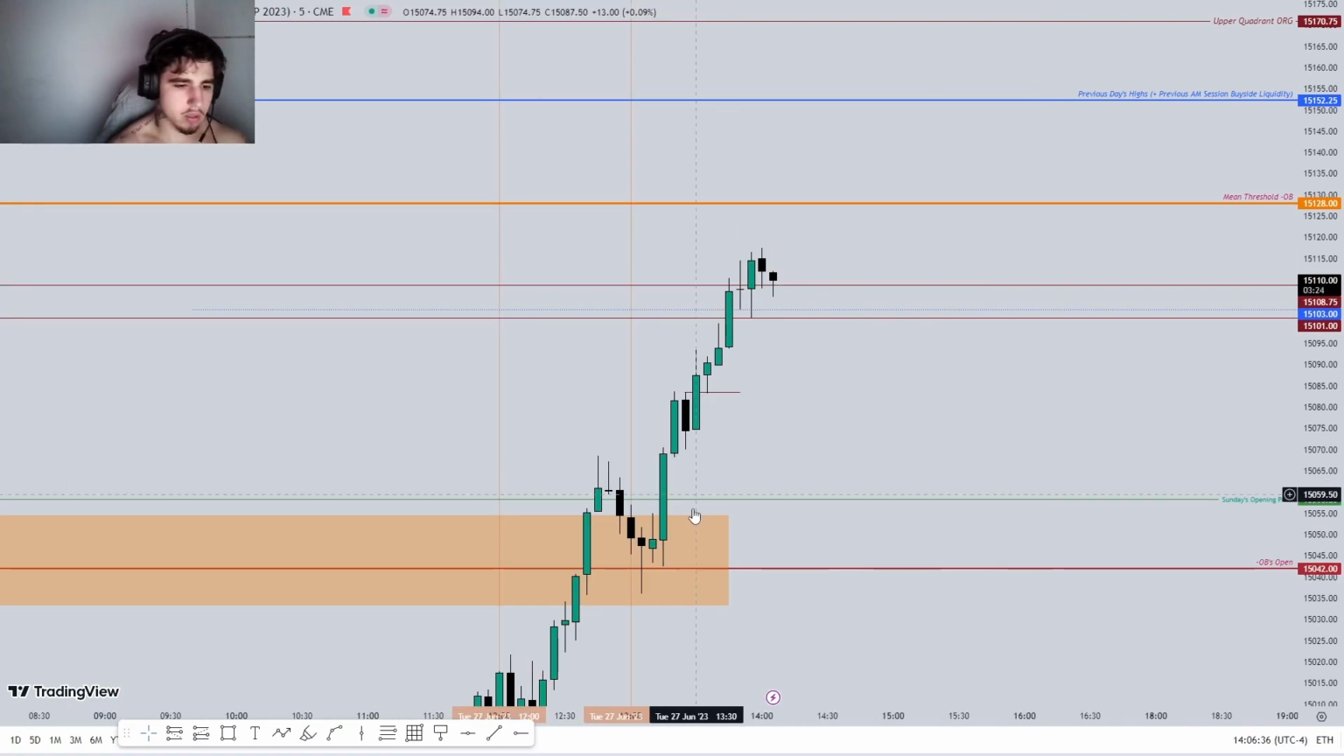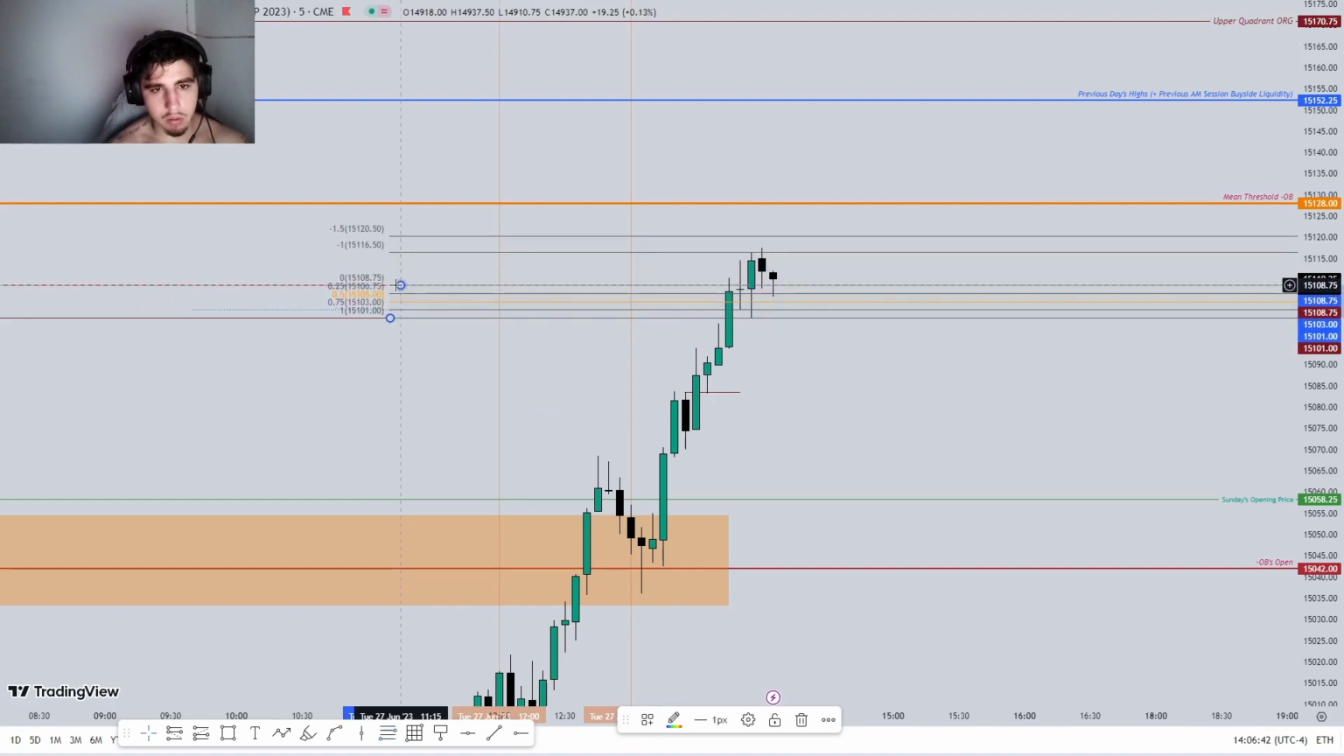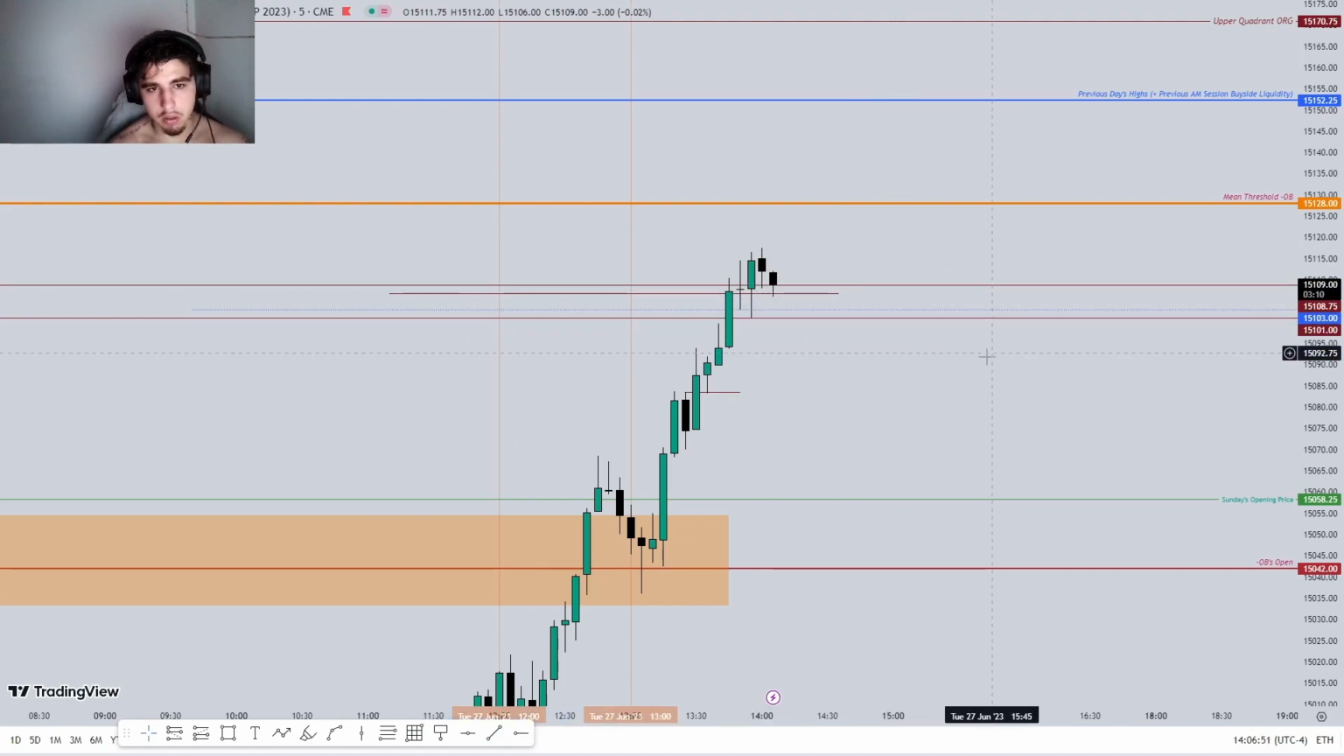If this runs from here, then we just experienced every single point of this fair value gap being utilized as a support. So we got the low, the lower quadrant, the upper quadrant. We don't have the consequent encouragement, but